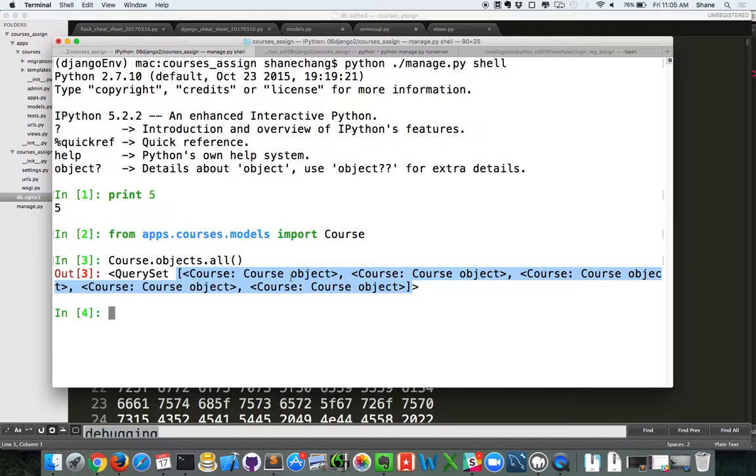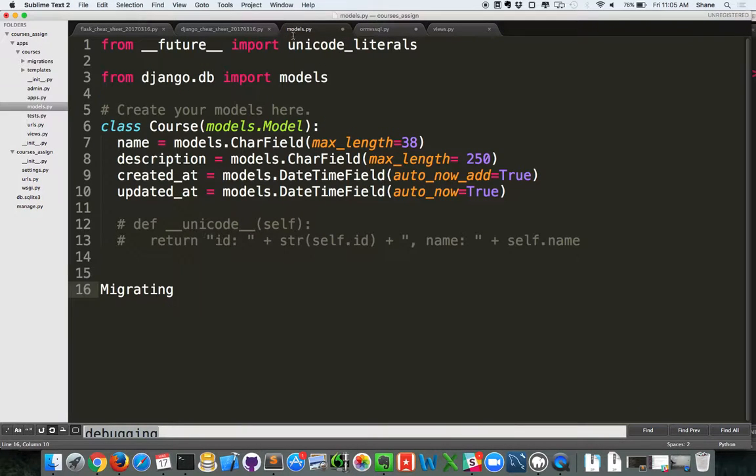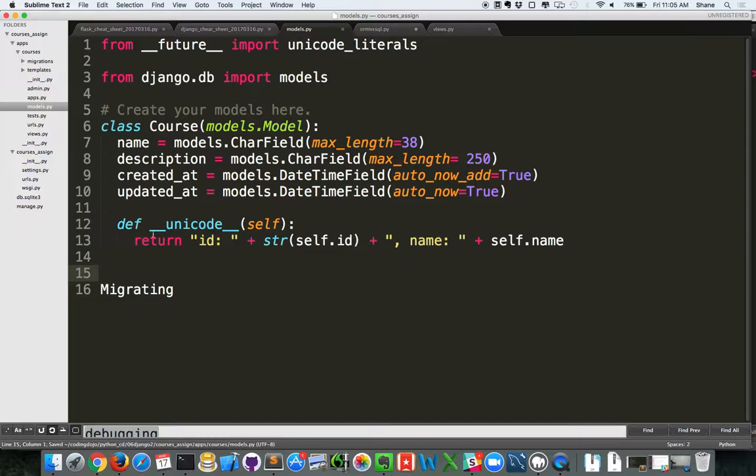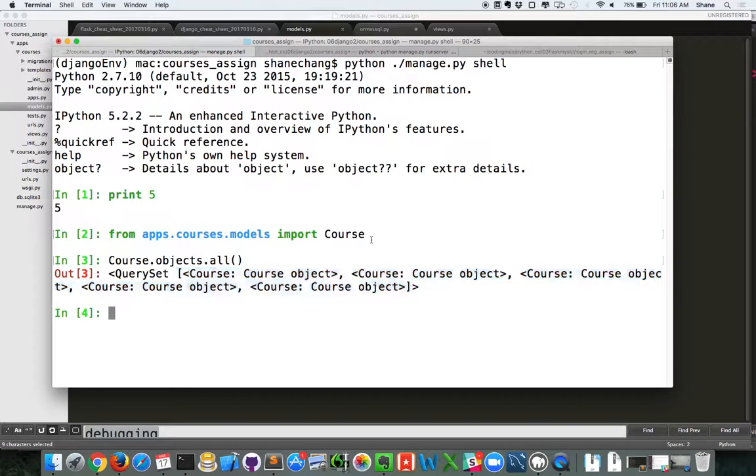So if I want to know more specifics about it, I actually need to modify my models class a little bit. So if I go to here, I have this code that's commented out. If I uncomment this, okay, this basically makes a custom return method of what that object is. Okay, so it'll change how it's displayed in the terminal, and it allows us to visualize it better. Okay, so I specify what I want to display. So I'm saying I want to display a string called ID colon, and I want to display the ID of my object, and then I'm going to display the name of my object. So if I were to exit this,